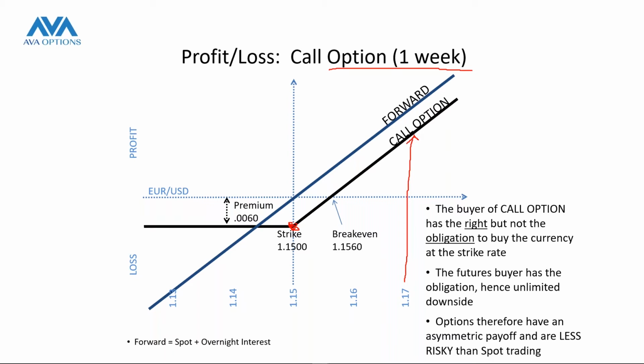What's my maximum loss? As we said, the most you can lose is what you paid for the option. 1 week from now, if the market drops to 113, 112, 111, you walk away. You have no obligation to exercise that option. So this is the beauty of options trading. You can create asymmetric risk. You have the right but not the obligation to buy that asset with a call option. All right. We're going to open it up to questions a little bit later. Let me just continue since we got a bit of a late start.